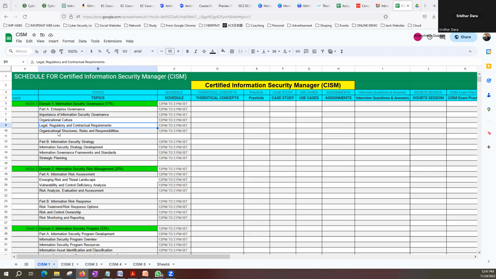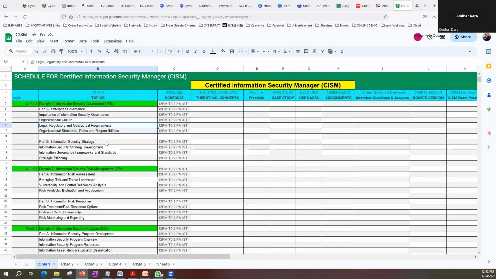FISMA or something like that. If it is healthcare related, HIPAA or the HITRUST Common Security Framework. And GDPR: each and every country has its own requirements, which also involve legal and regulatory requirements, meaning